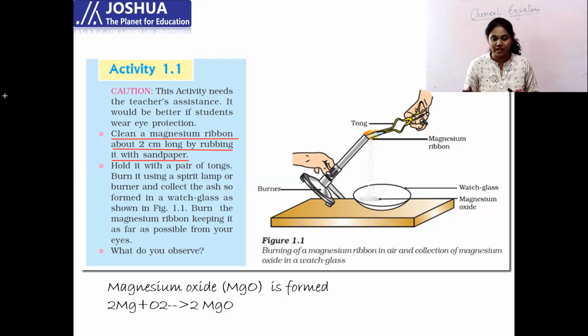So when you rub it and clean it with sandpaper, you are removing the layer of magnesium oxide on the magnesium ribbon, so that a pure form of magnesium is available. Now this magnesium, you will burn it with a fire. You can make a note here. Anyway, this question is asked in the blue box. When I give you the answers for that blue box, you can write that. But keep it underlined so that you will know that there's a hint that from this part you can expect a question.